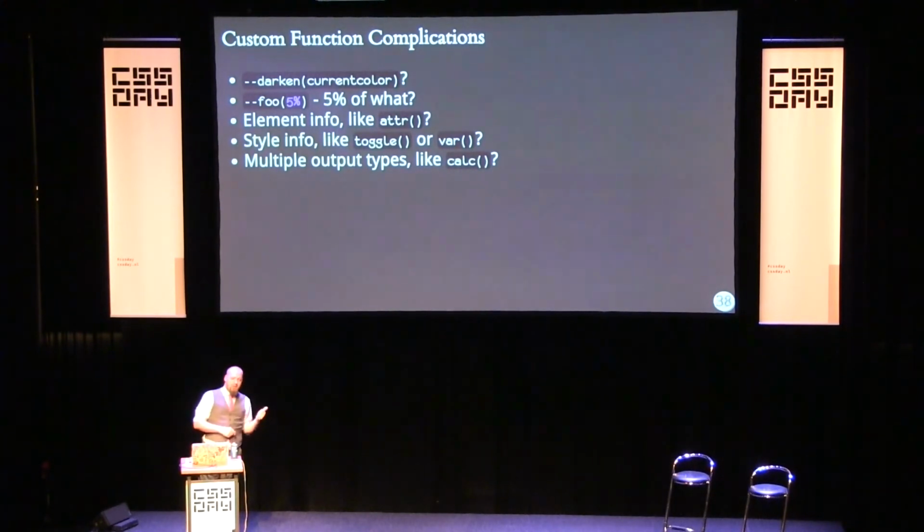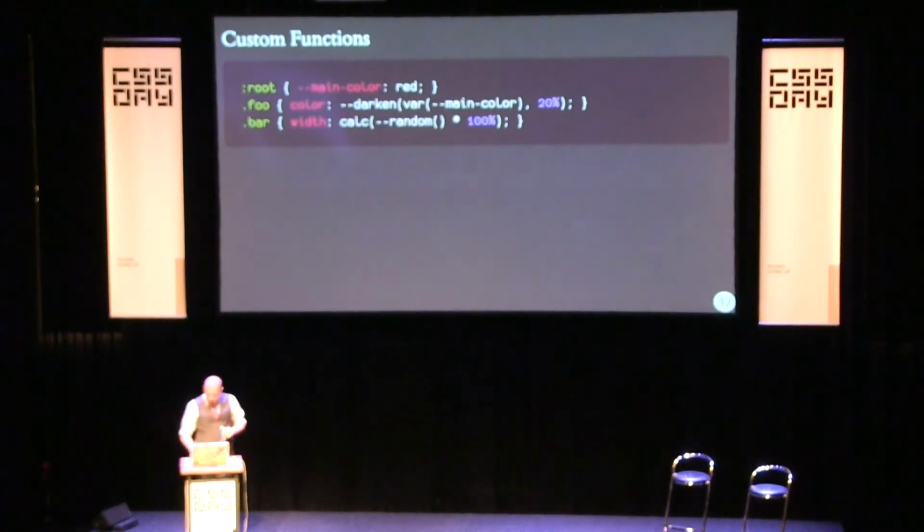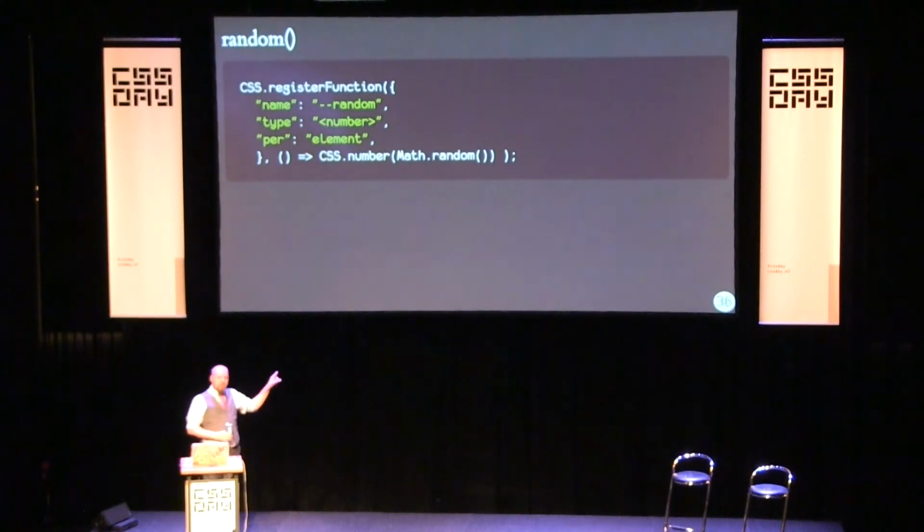var is the same deal. The var function takes the value of some property, some custom property. And how do I know? I need to be able to hook that up so that if you change that property, this function can evaluate to something differently. Similarly, I indicated in the examples, one back, there's only one output type.